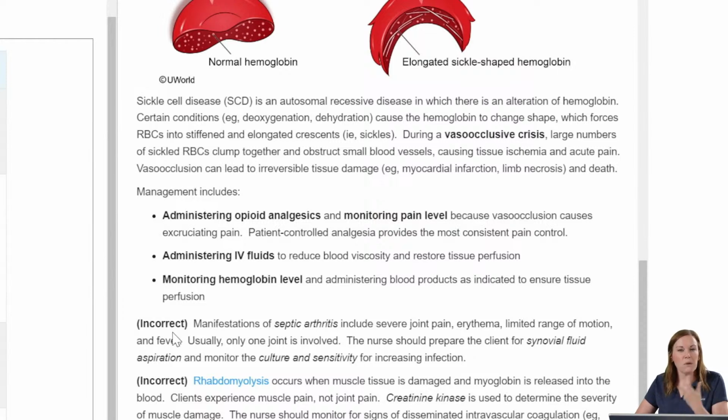That's going to help bring down some of our concerning vital signs. We're going to give fluids. Again, we want to increase the amount of fluid that these cells are circulating in so they can unclump and we can resume perfusion to our joints and where that pain is really happening. And then again, we want to monitor our hemoglobin. So we saw in our lab results that our client had low hemoglobin. This is kind of an expected finding when we're dealing with